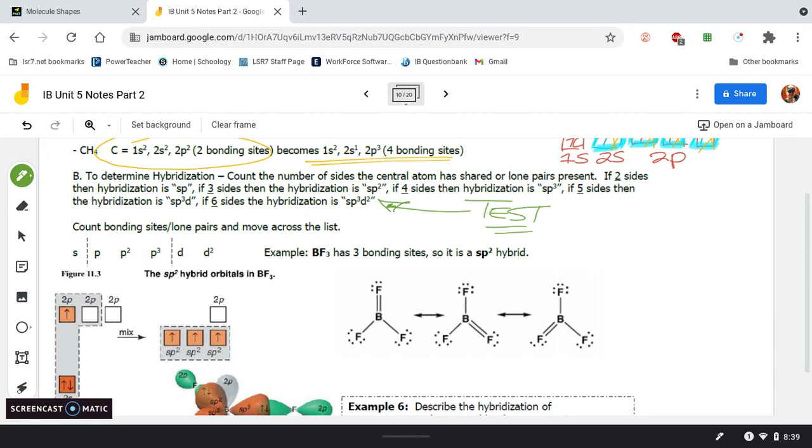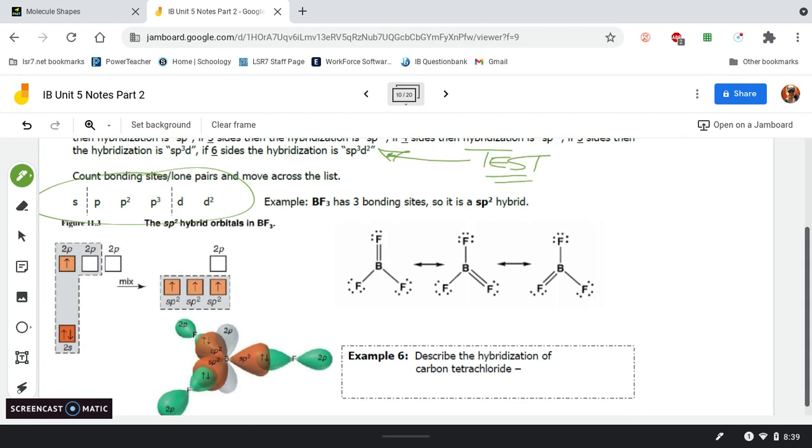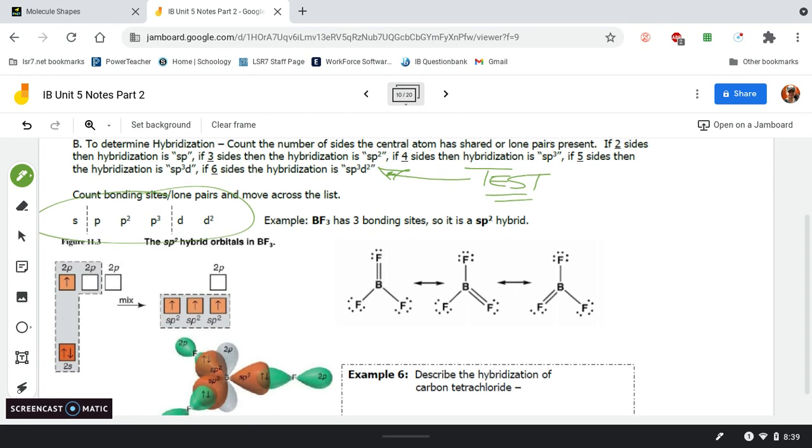So here's the way to do it. Look at my thing here. You want to remember this. You want to be able to write that out right there from memory on a test. So if you can write this out, then you can always figure out hybridization. Okay, so what you do is you count how many attachments are on your central atom. So if we look here